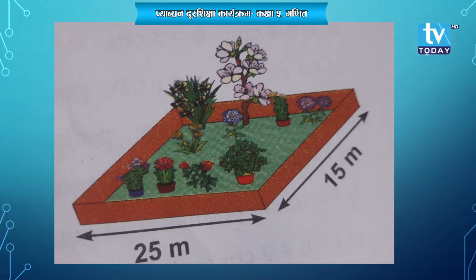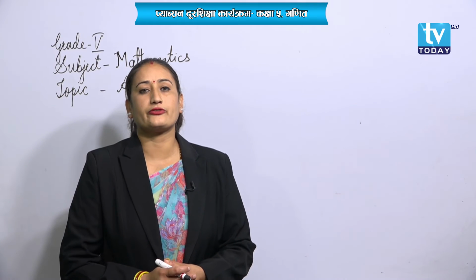I like to enjoy over there. Do you like to enjoy over there or not? Okay students, have you noticed that a garden also has some length and breadth? Here one side length is given. So how to find out the solution? Check it out. The longer side is given as 25 meter and the shorter side is given as 15 meter. So we are going to find out the